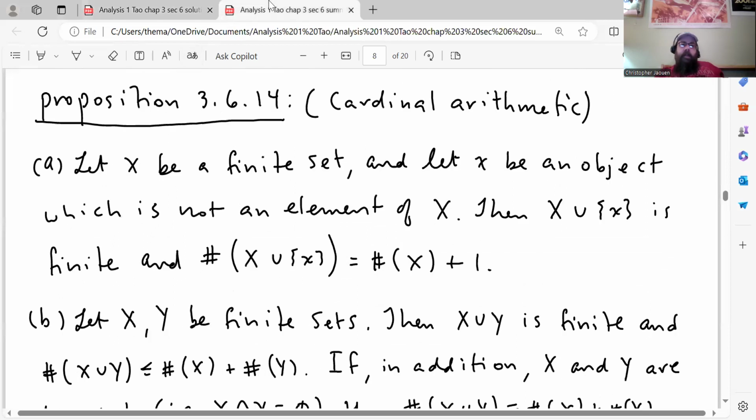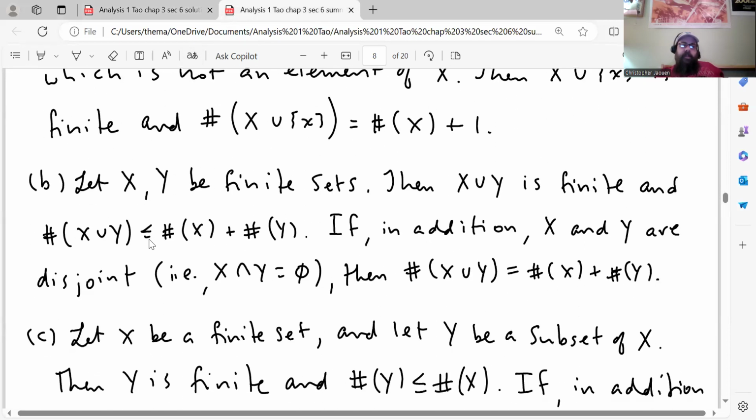All right, let me read out part B, and then I'll show you my proof. B says, let X, Y be finite sets, then X union Y is finite, and the cardinality of X union Y is less than or equal to the cardinality of X plus the cardinality of Y. If in addition,